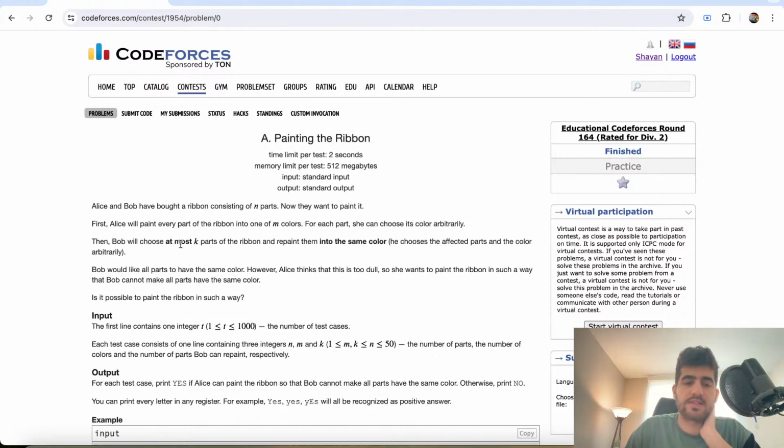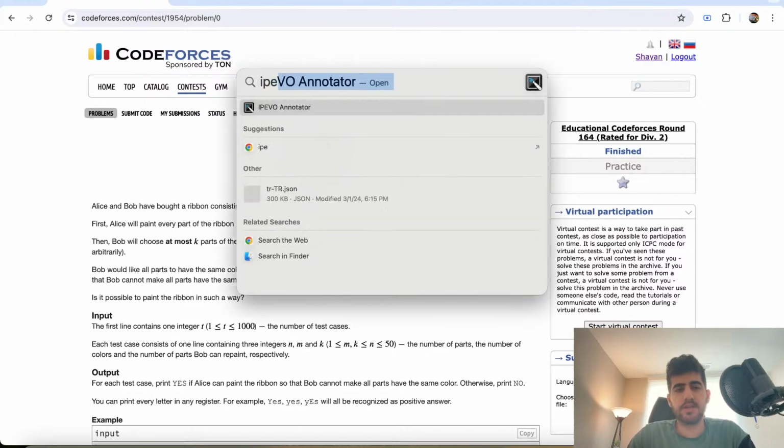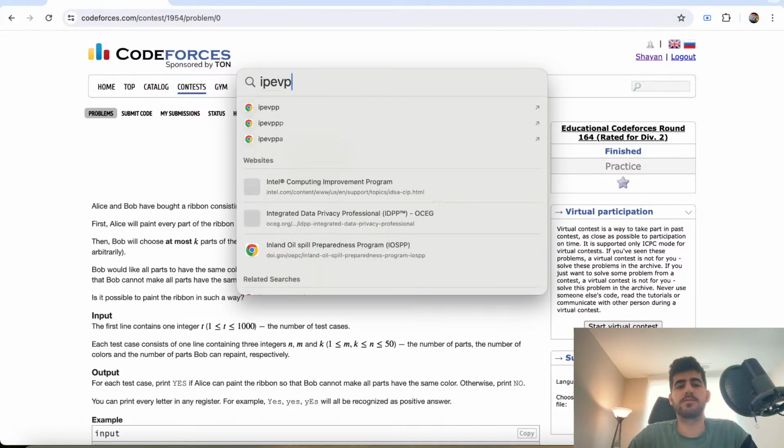Then Bob will choose at most k parts of the ribbon and repaint them into the same color. He chooses the affected parts and the color arbitrarily. Bob would like all parts to have the same color, however, Alice thinks that this is too dull, so she wants to paint the ribbon in such a way that Bob cannot make all parts have the same color. Is it possible to paint in such a way or